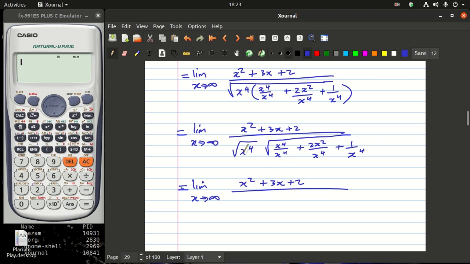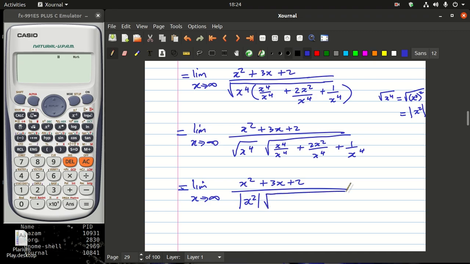In this part here, I want you to notice something: the square root of x to the power 4 is the same as the square root of x squared, the whole squared, because 2 times 2 is going to give you a 4. And of course, if you look into this part here, this is the same as just the absolute value of x squared. Whenever you have the square root and you have the square, you must know that it means the absolute value. So in this particular case, you will end up having the absolute value of x squared,